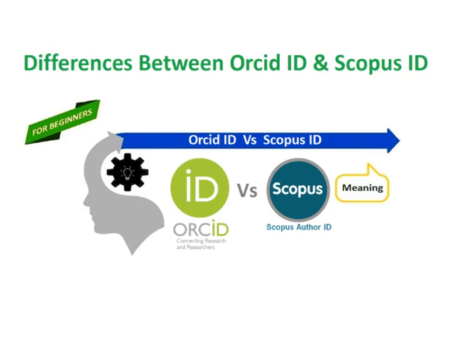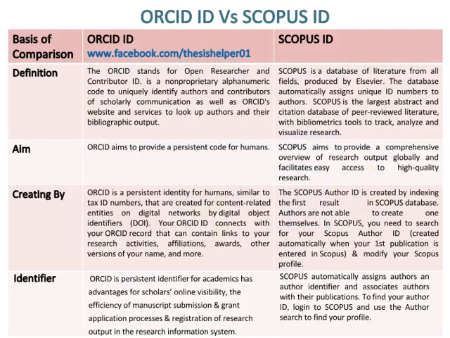Differences between ORCID ID and Scopus ID. ORCID ID versus Scopus ID. ORCID stands for Open Researcher and Contributor ID, a non-proprietary alphanumeric code to uniquely identify authors and contributors